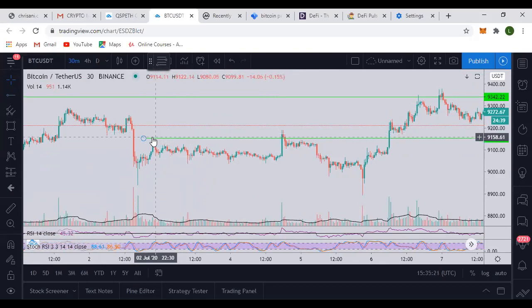Let me just explain the resistance to you guys. As I said, resistance is a ceiling where the price finds it difficult to pass. So look at this place now. This place I marked with this green line here. The price hit it and then went back down. And then it ranged and ranged. It came back, crossed it, came back down, and that place still retained its form as a resistance. You understand? So that's basically what support and resistance is.